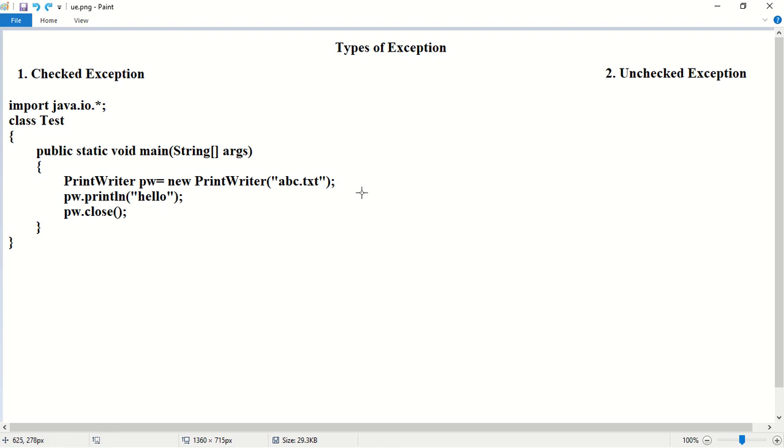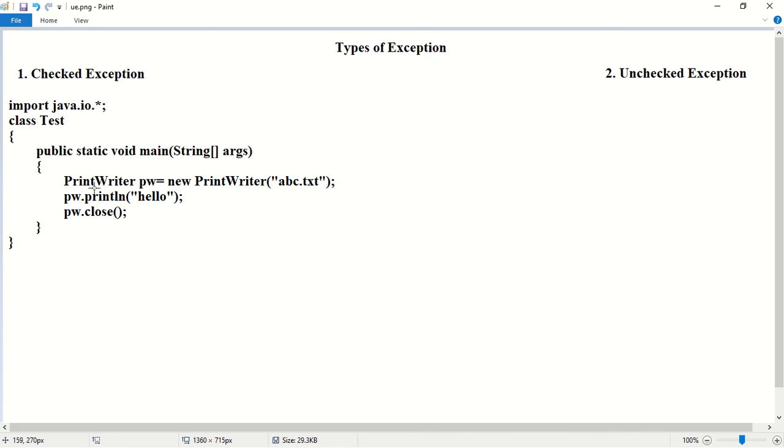So what is the meaning of this statement? The meaning is I am trying to open the file abc.txt. Okay. Next, pw.println("hello"), that is within this file.